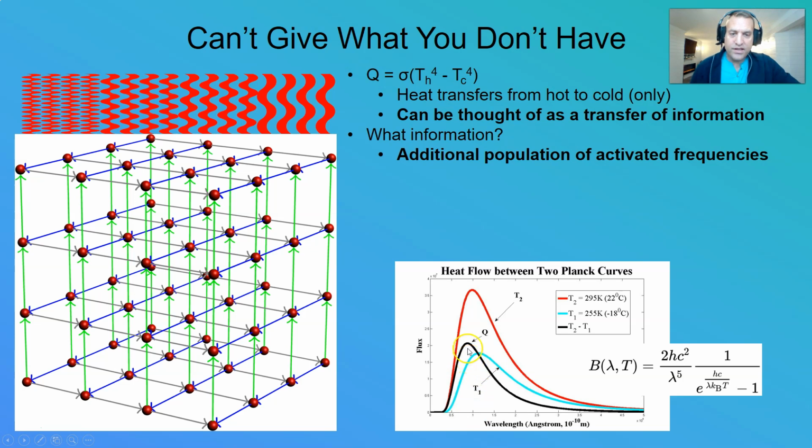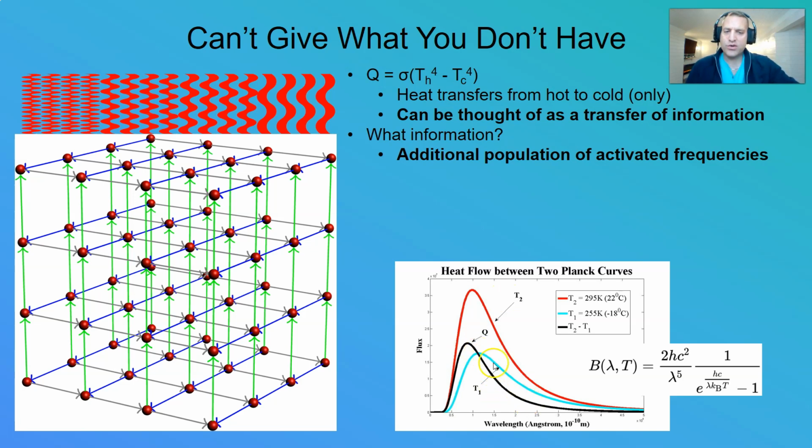It's this higher population of energy across all wavelengths, and particularly at higher frequencies or shorter wavelengths, okay? And that is information that can basically flow into the cool object, and by flowing into the cool object, that raises the cool object's temperature, because it's adding to the cool object what the cool object doesn't have, which is these higher frequencies and this higher population of activated agitation wavelengths or frequencies, okay?